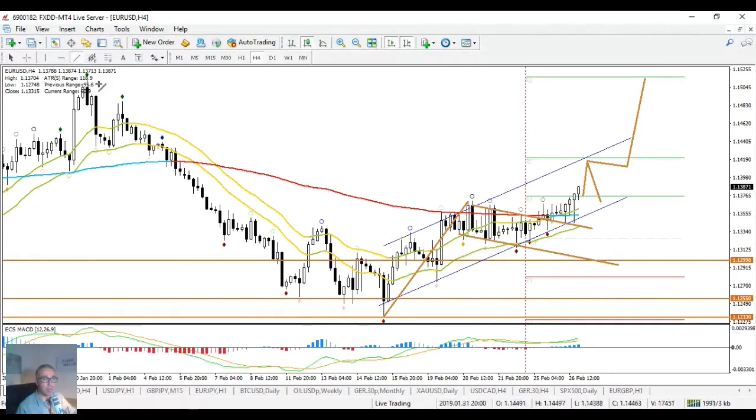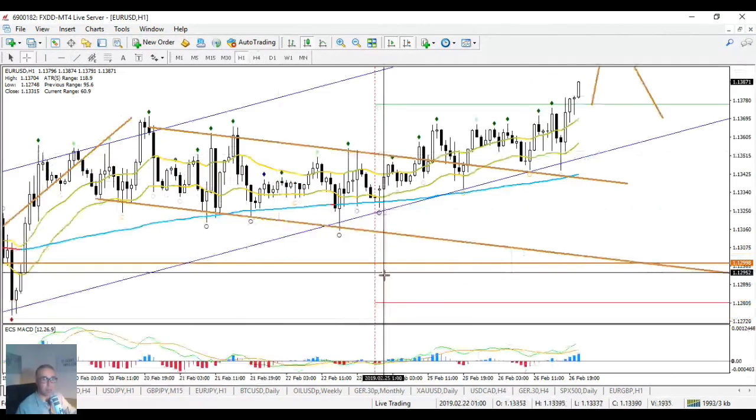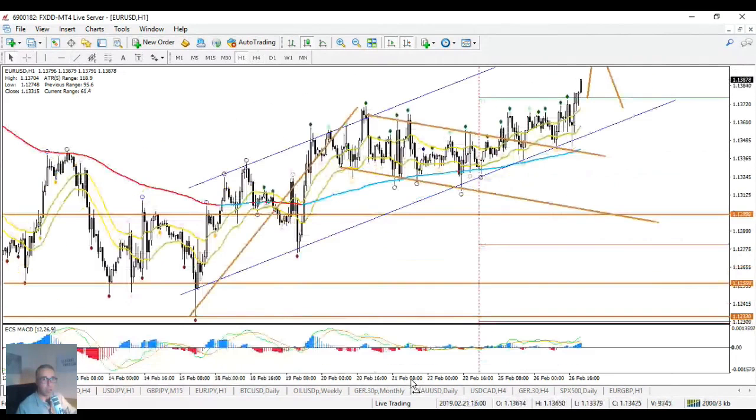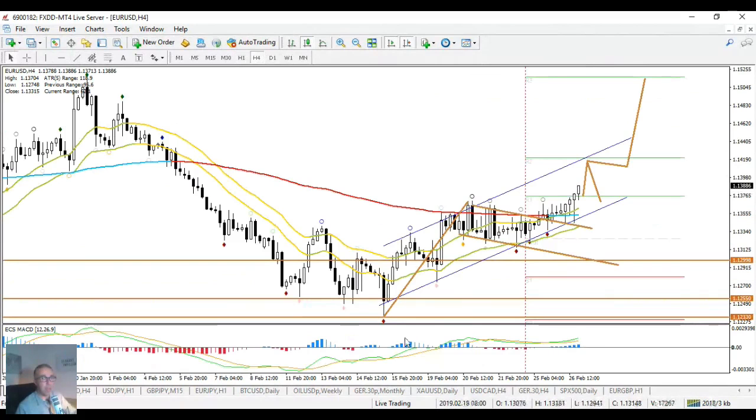So I'm not sure if we looked at the hourly chart today. Not sure if that was needed. Sometimes it's not needed, sometimes it might be good. I don't think it had any particular value today. Now,